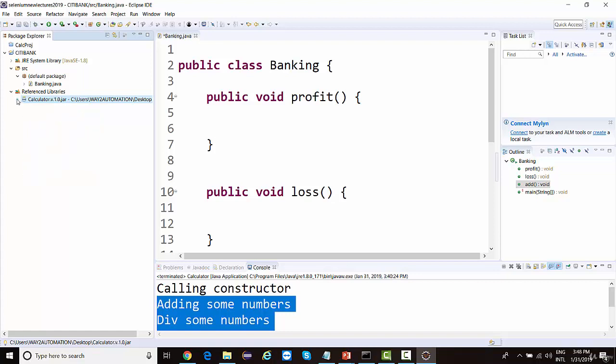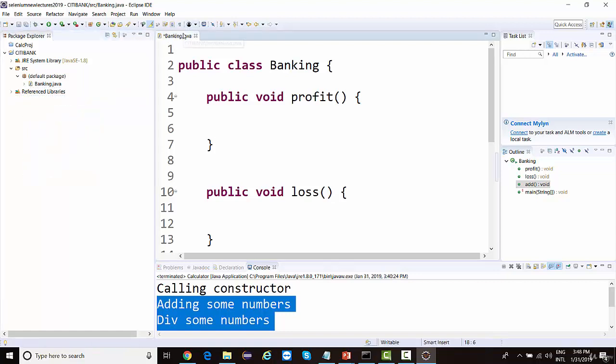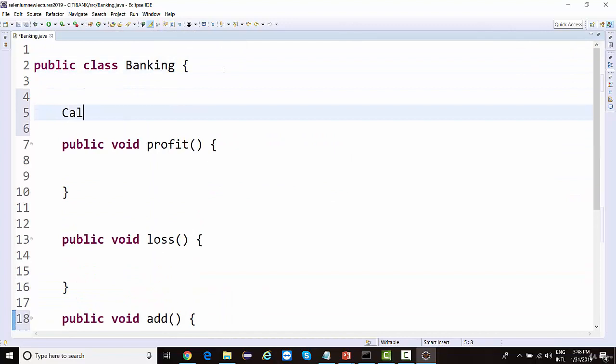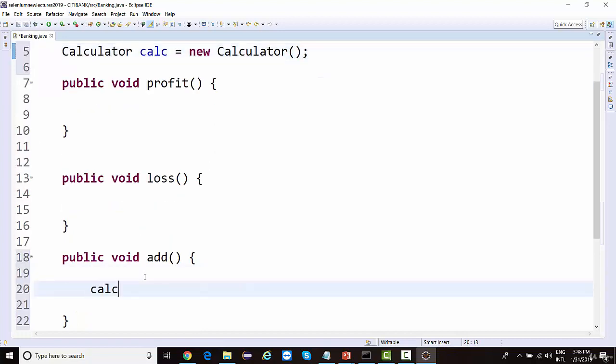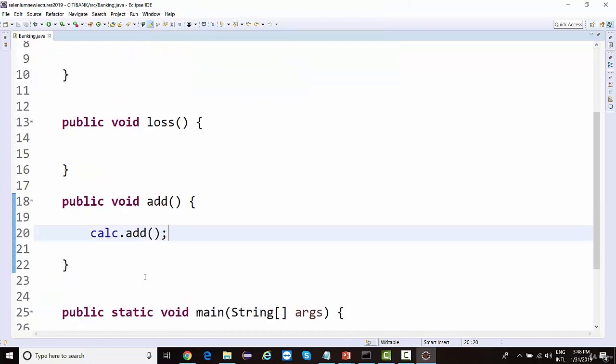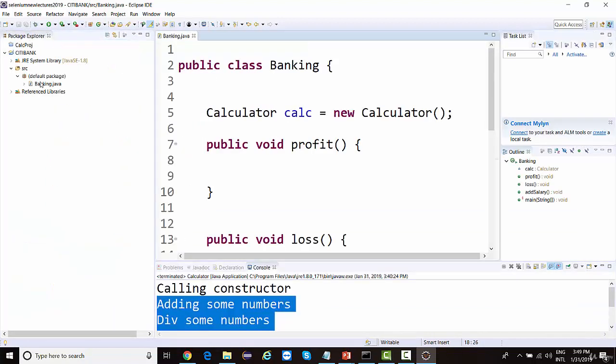If we want to implement addition, we simply need to create an object: Calculator calc equal to new Calculator, and call calc.add. See, without rewriting the code, we are able to call these methods. We have implemented this function. Let me change this name to add salary with the help of this jar file.